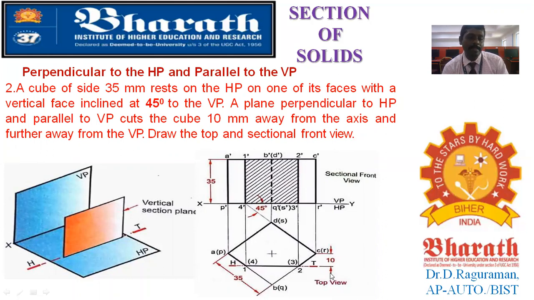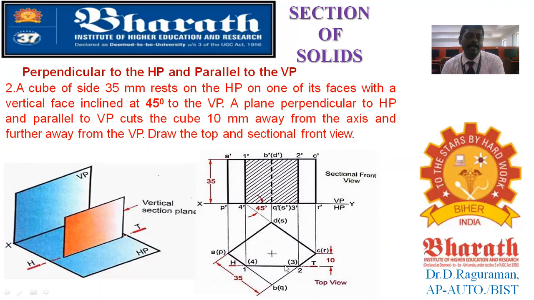If they give the sectional front view, then automatically the cutting plane you will draw in the top view only. And not only that, you know perpendicular to which plane it is perpendicular. That plane you will observe as a straight line only. There you are going to draw the cutting plane. So now you are taking 10 mm away and drawing parallel to XY because it is parallel to VP. If inclination is given to VP, you will draw an inclination here. But now it is parallel to VP, so you draw it parallel to VP.